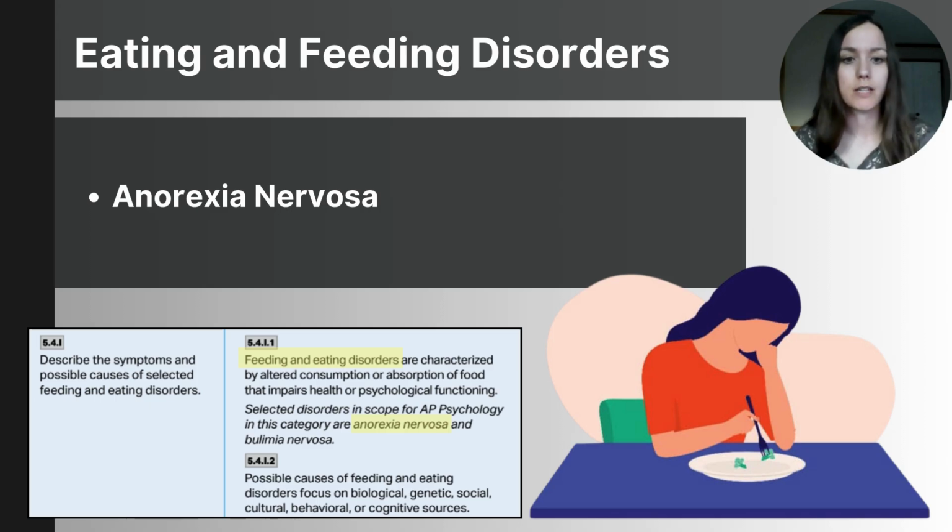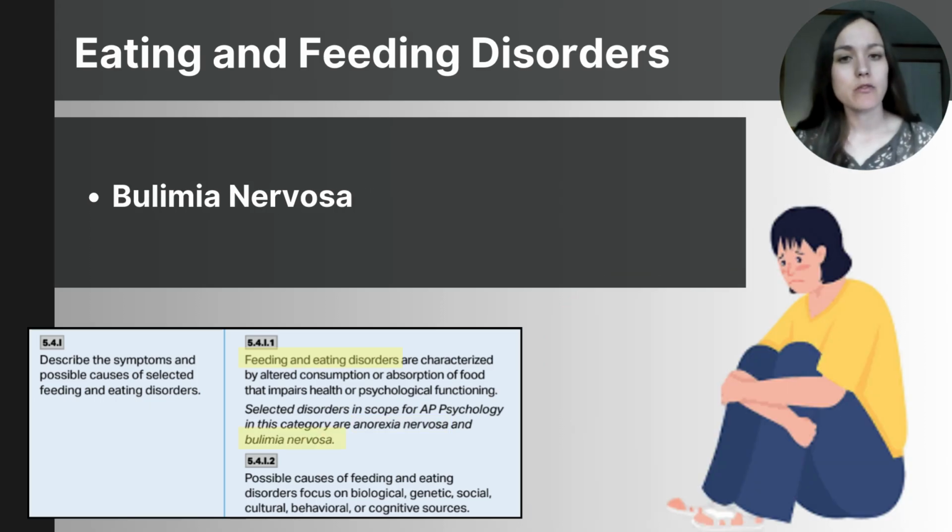trigger symptoms of anorexia. The final disorder that you need to be familiar with is bulimia nervosa. Bulimia nervosa is often called bulimia, and this eating disorder involves episodes of binge eating followed by behaviors to prevent weight gain, like self induced vomiting, excessive exercise, or misuse of laxatives. Unlike anorexia, people with bulimia may have a normal weight or even be slightly overweight, but they still have an intense fear of weight gain and feel a loss of control over their eating habits.